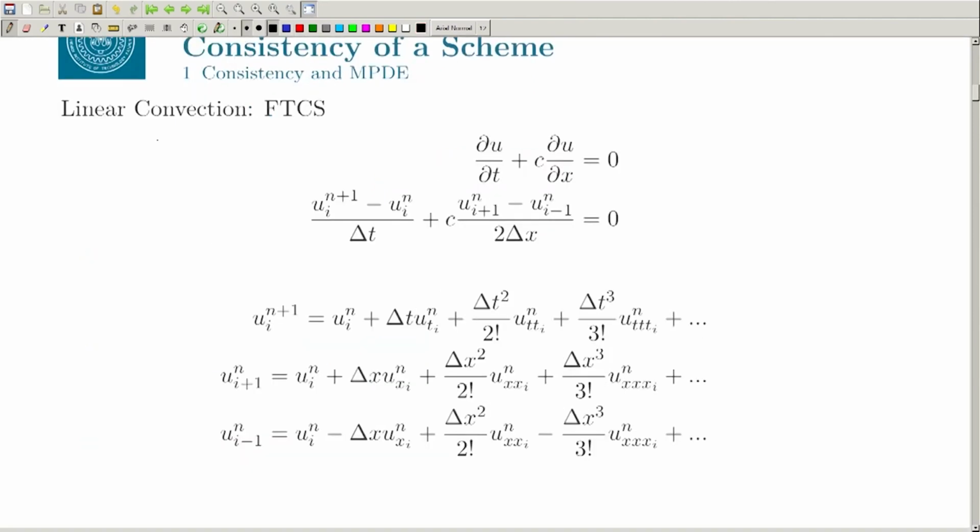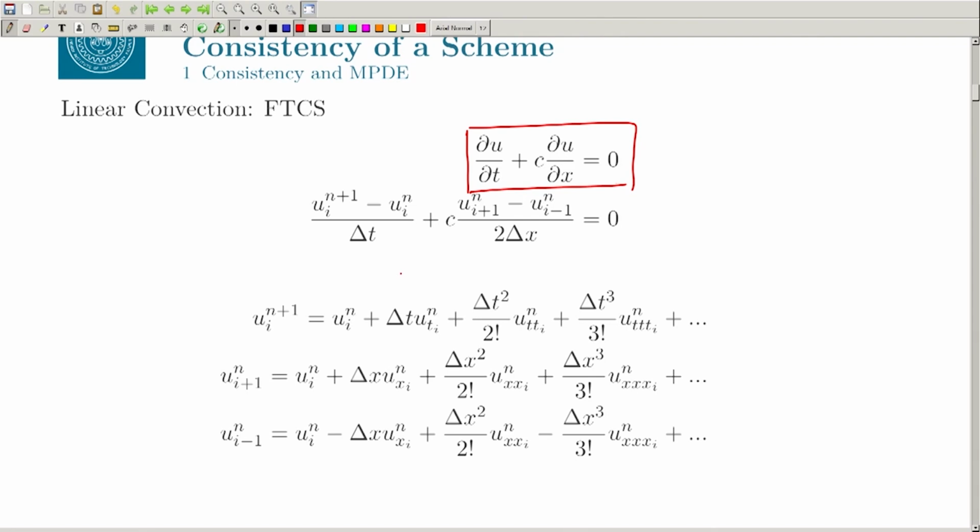So, we will start with the convection problem again, del u by del t plus c del u by del x equal to 0, because this is the most complicated problem. The diffusion problem is stable because it is just diffusing, and as long as your viscosity or the numerical diffusion term is positive, it will be stable. But the more critical problem is the linear convection. In the diffusion problem also you have to honor the diffusion Courant number, but that is normally not that restrictive in a flow problem. So, if you write this in FTCS,